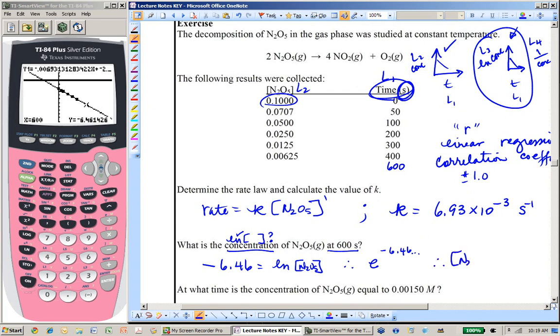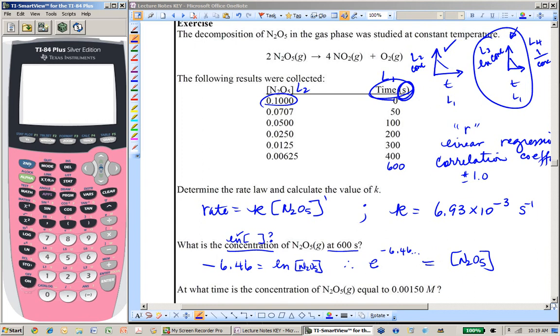So the concentration of N2O5 is equal to e to the negative 6.46, so I can put an equal sign there instead of a therefore. All I'm going to do is go second natural log, and that's not going to work because I'm in this screen. So let me go second quit to get out of that screen. Second natural log puts my e to the up there, and now I go alpha and y because it's stored as the y value, and I don't have to type all that out and risk mistyping it. And I go enter, and it equals